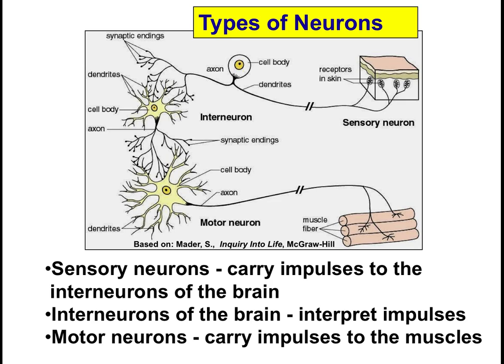The interneurons are intermediate neurons. They are found in the spinal column and in the brain and are responsible for transmission and connections resulting in sort of the storage of information. Then motor neurons finally are neurons that interface with the muscles. These neurons will respond to impulses from the interneurons to cause a muscle to contract in a particular way.